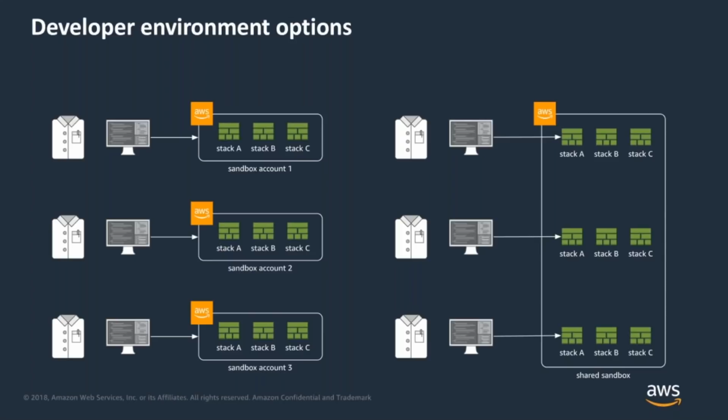There are a couple of different ways that you can approach that. You can either create separate sandbox accounts for each developer or use a shared account. Typically, I recommend separate accounts if your company is good at managing AWS accounts. If you've got the automation set up around creating, provisioning, and monitoring accounts, then there's no reason not to give developers their own sandbox accounts, and let them use those to experiment and stay isolated from one another. However, even if you can't do that, even if for whatever reason you don't have the ability to create separate AWS accounts for each developer, using a shared sandbox account is still totally viable because